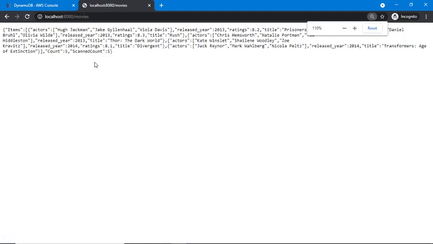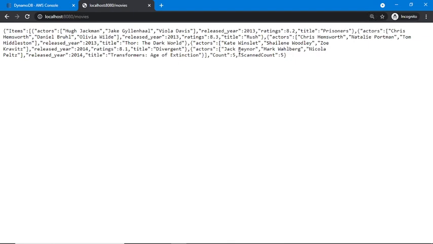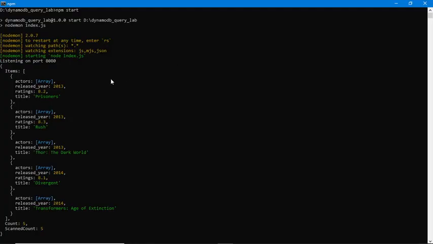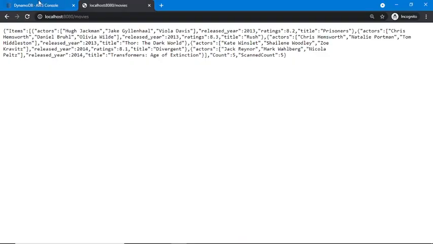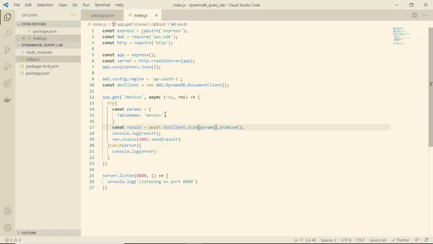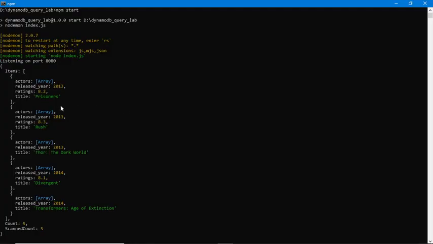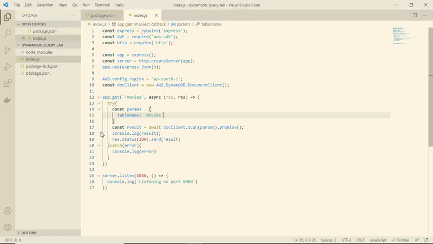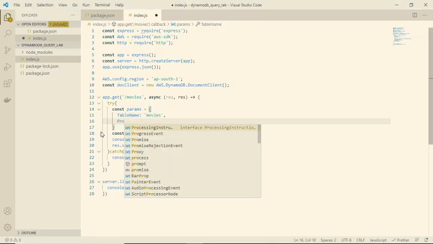At this endpoint, I am getting my records. Here I am getting 5 items. In this console, we can see it in a better way. So I got 5 items from my table, and this is the result of simple scan operation. As you can see in my DynamoDB movies table, I have these 5 items, and it is returning all these 5 items. If you don't want to return all the attributes, because here I'm getting all the attributes, for that purpose I can use projection expression in this way.